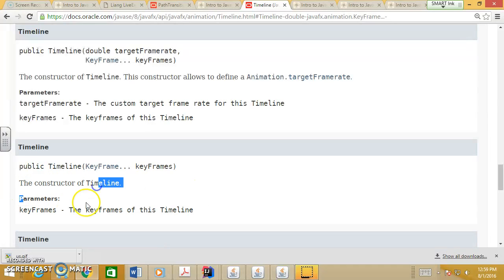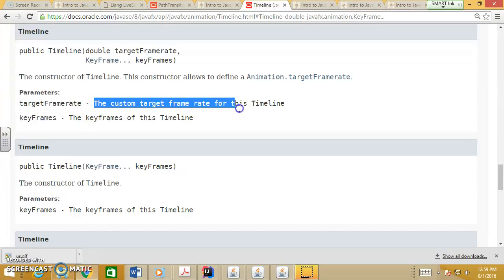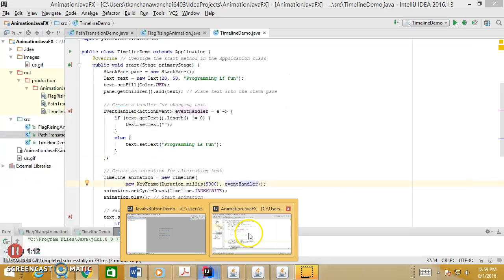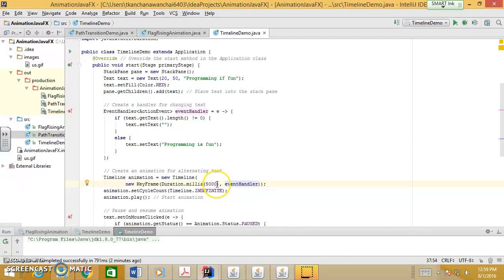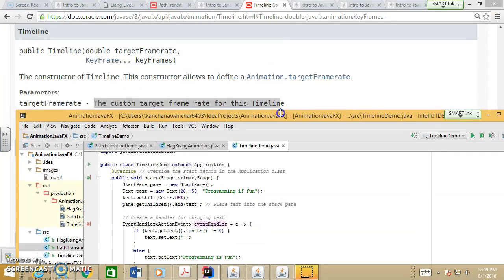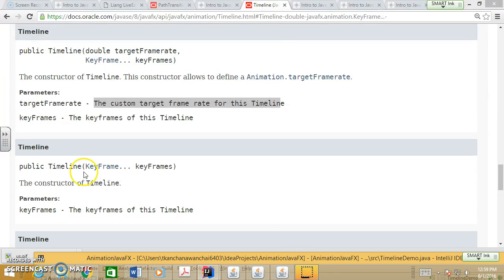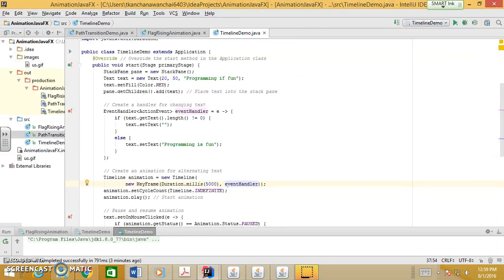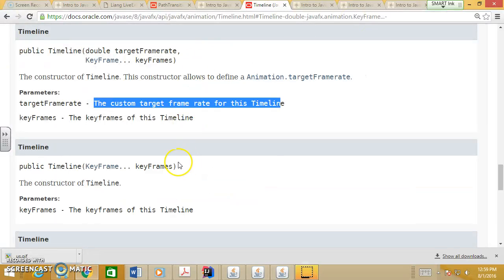So the constructor of Timeline takes keyframes for this timeline, and the custom target frame rate for this timeline. So we can specify that. So this is our new Timeline, and we pass in the keyframe. So we use this constructor, right? And if you look at KeyFrame itself,